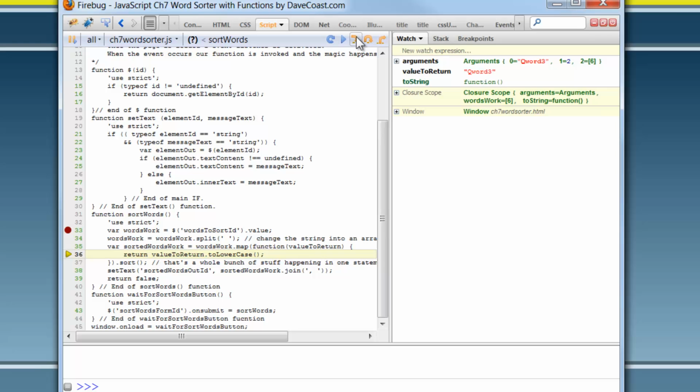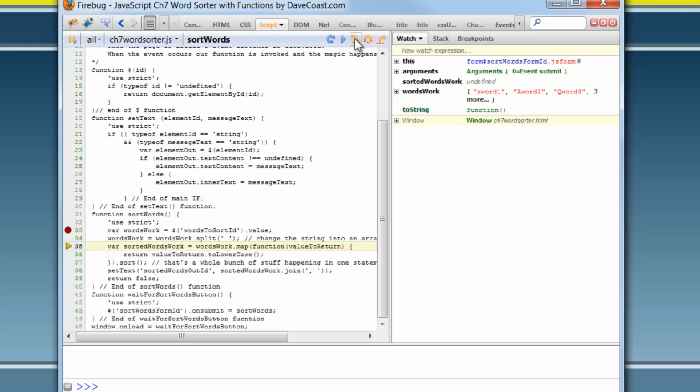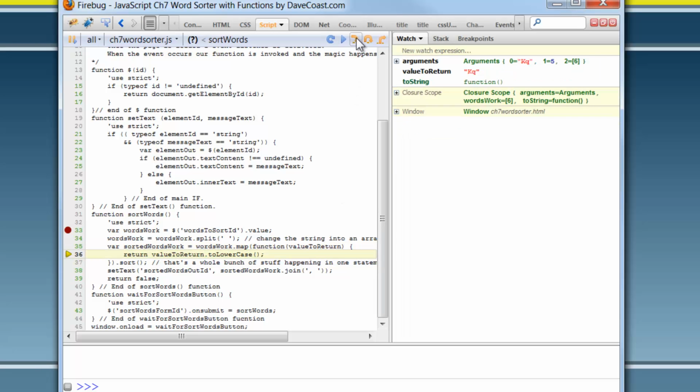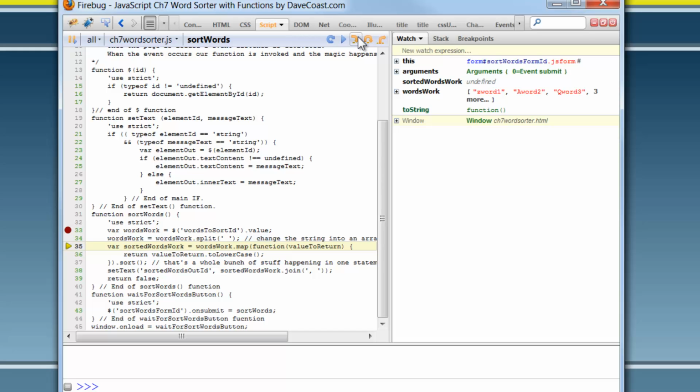Step, step, step, step, right? So now we're on BB word, step, step, right? This is another, so almost done. Step, step, right? EQ, this should be the last one. So now when I step through here, it should know that it's gone through all of the values in our array. And we bop out, and now we're going to execute this set text function, passing it an element ID